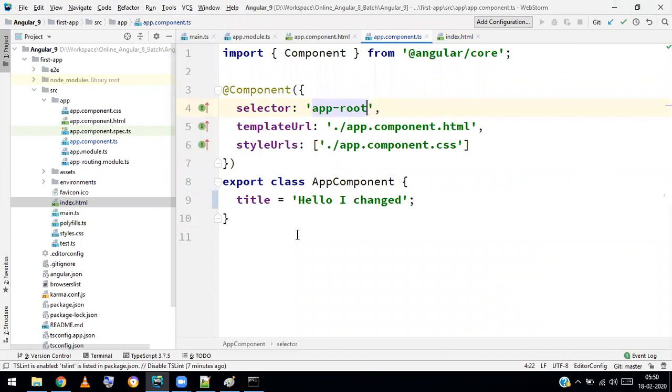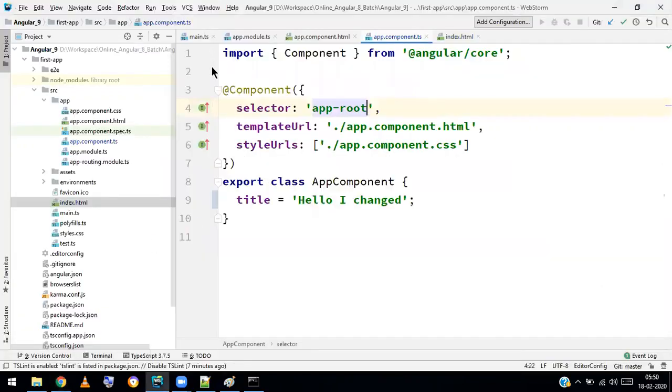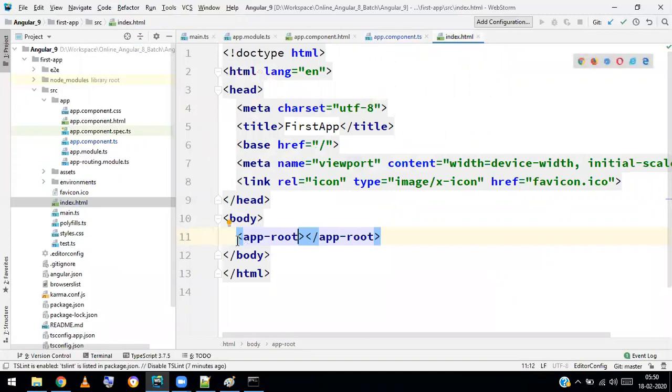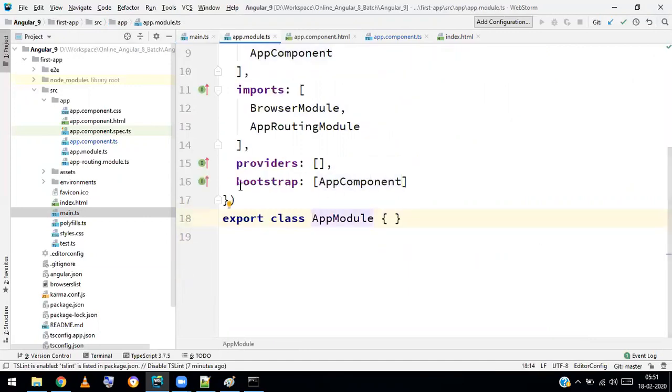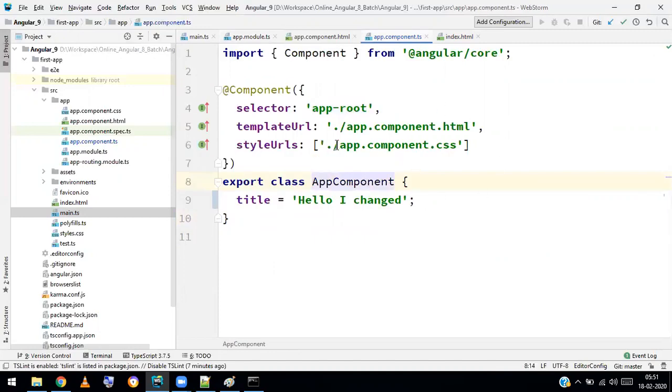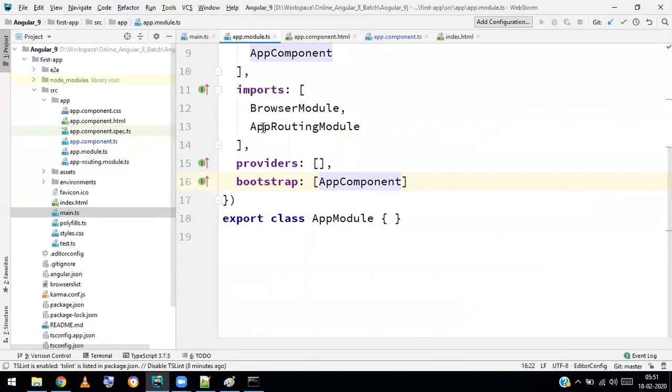So that's how Angular works. I repeat again. Whenever you enter the URL, first it looks for index.html only, and in that HTML we have an app root. To understand the app root story, first it looks for main.ts. In that it will initialize the root module. If you go to the root module, it is initializing the root component, and in that root component the custom tag is configured as app root. And the supporting HTML source code is the HTML. So when I open the HTML, this particular data is going to display whenever you write an app root.